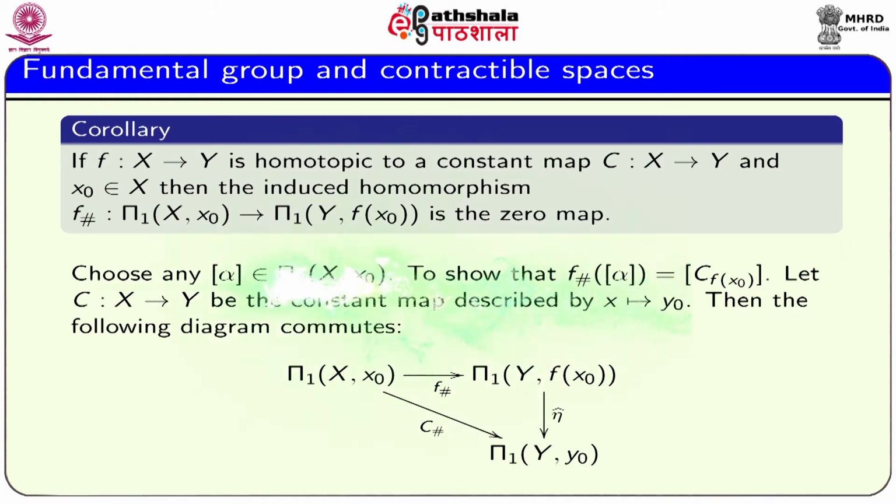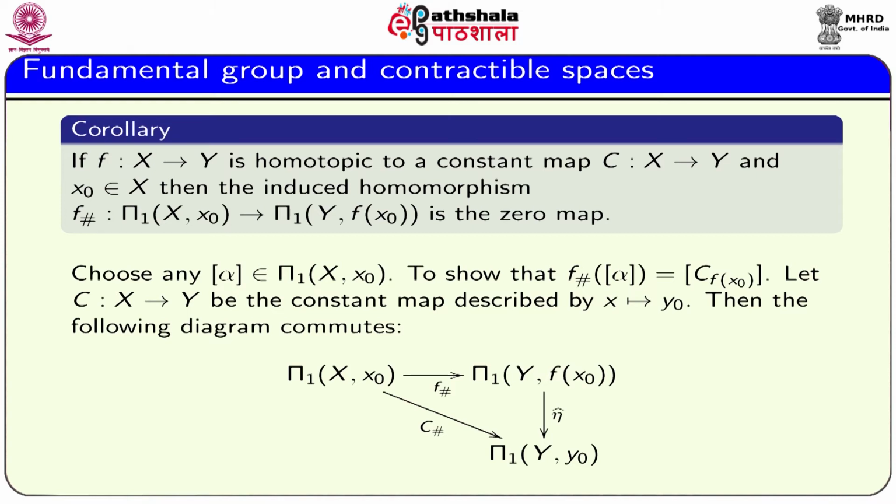C is a constant function described by all the points of capital X are mapped to y0. So, we have two functions, one is the function f from X to Y and the other function is c from X to Y. So, applying the theorem we get the following commutative diagram,